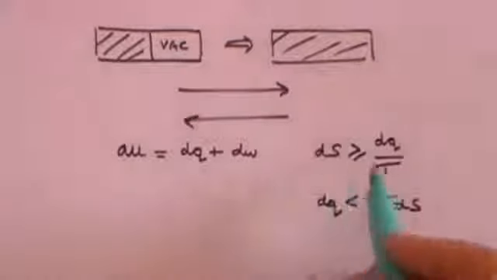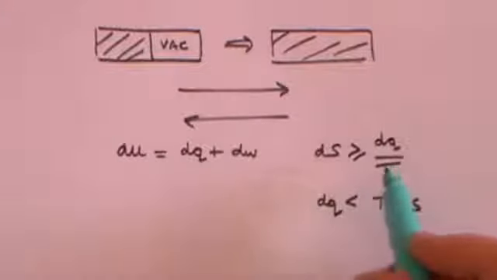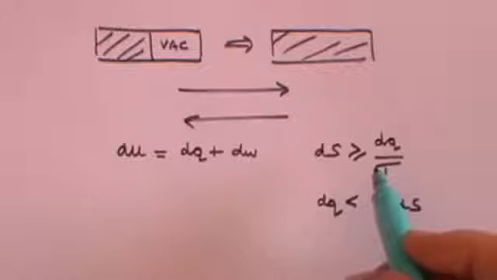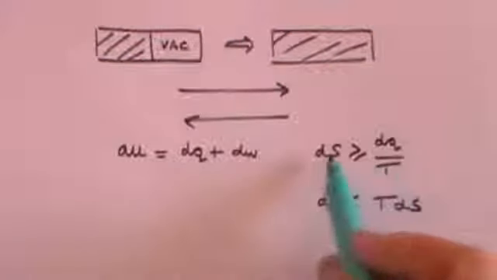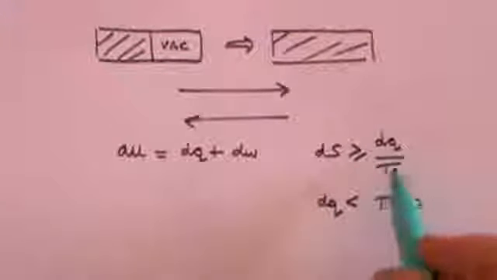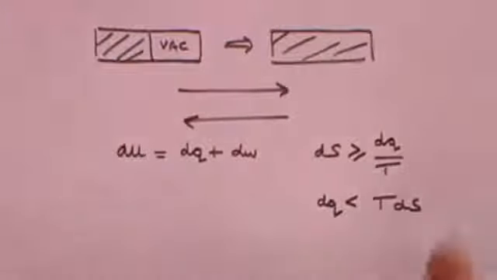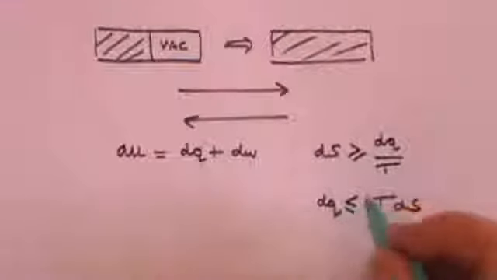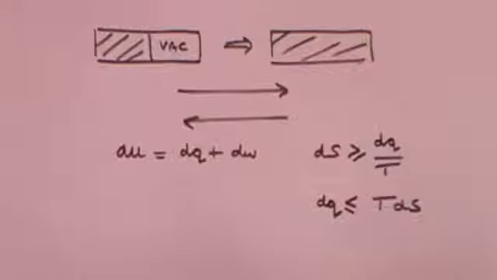Remember that dS will equal dQ over T only if your engine is working at its maximum theoretical efficiency, which will always be less than 100%. But if it doesn't operate at the maximum theoretical efficiency, then entropy will always increase, so dS will always be greater than dQ over T. And so dQ is going to be less than, or of course equal to, we must always recognise that as a possibility,